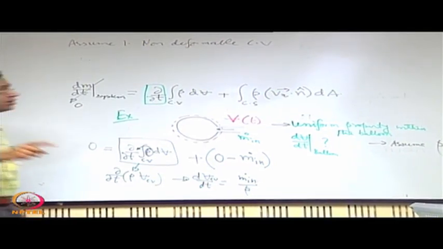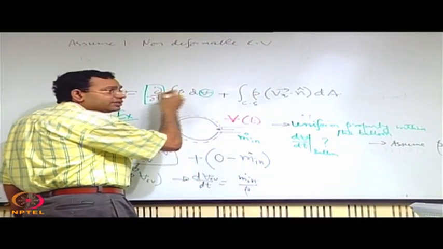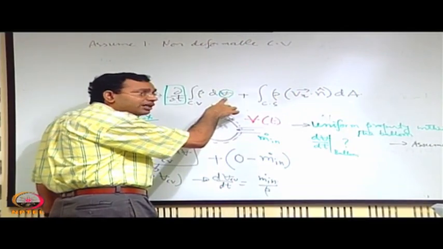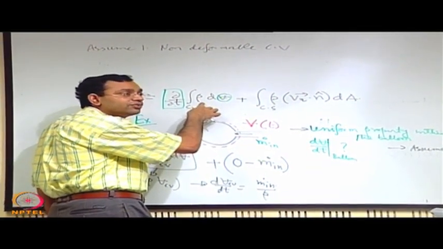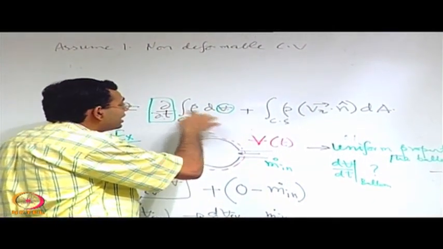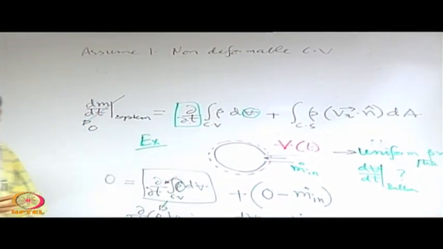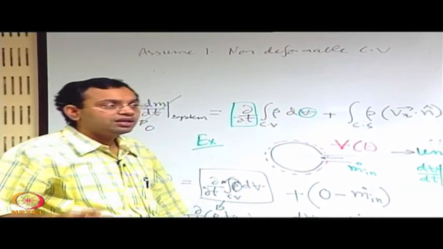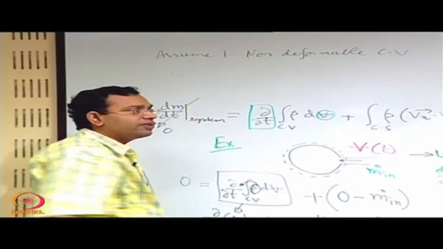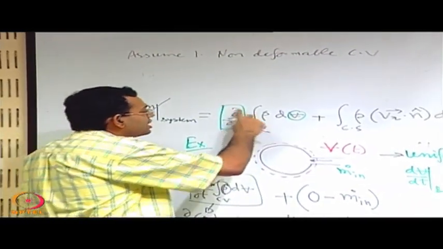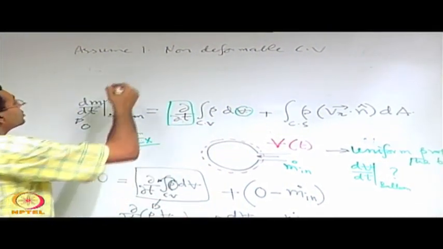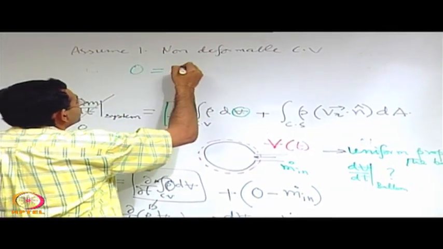In general, no, because if this v is a function of time, then in general no. But if this v is not a function of time, you can take this derivative within the integral. If v is a function of time, you can still do it, but with an adjustment of certain terms, given by the Leibniz rule for differentiation under the integral sign. But when you are considering a non deformable control volume, we are easily able to take the time derivative within the integral. So, then our form becomes 0 equal to